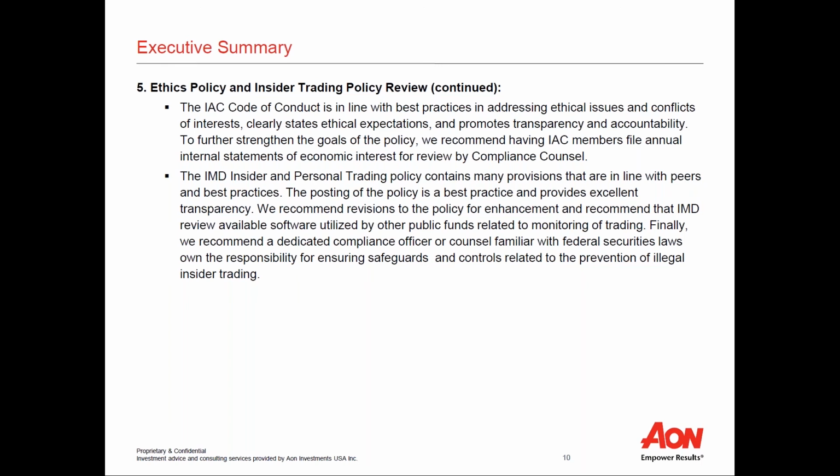And then the last thing that they looked at again was the insider and personal trading policy, and the policy itself again are in line with our peers and best practices. They did recommend that we review available software utilized to monitor trading activity a little bit more, and they consider best practice to have a dedicated compliance officer or counsel to ensure additional safeguards to prevent any illegal insider trading. So again, that's something we've looked at in the past, and as we've enhanced our insider